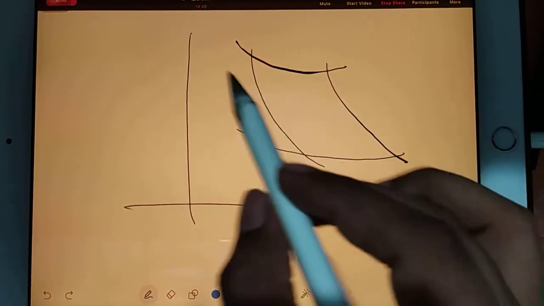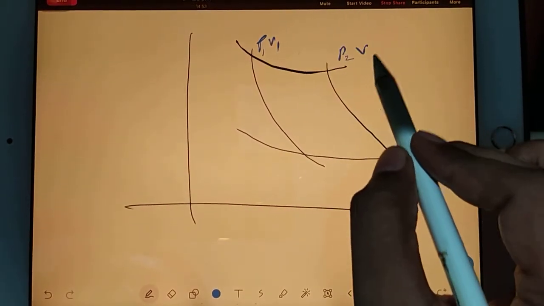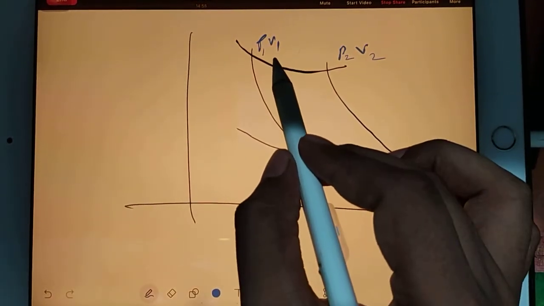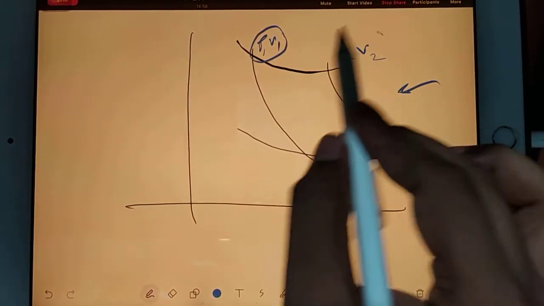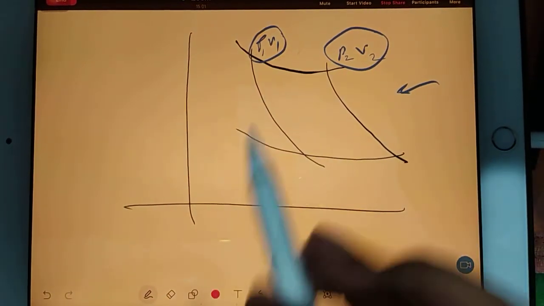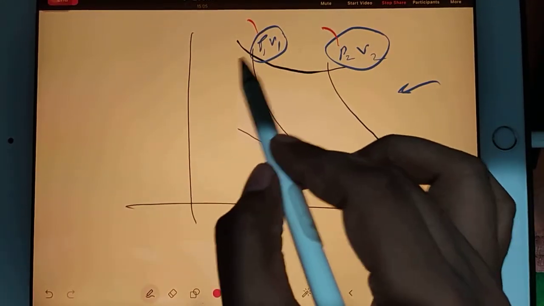Okay, now see, earlier you were at P1 V1, now you are here at P2 V2. It is actually happening in the piston cylinder. So you have reached from one state to another state. You should not say that you have reached from one pressure to another pressure. You should say that you have changed your state.